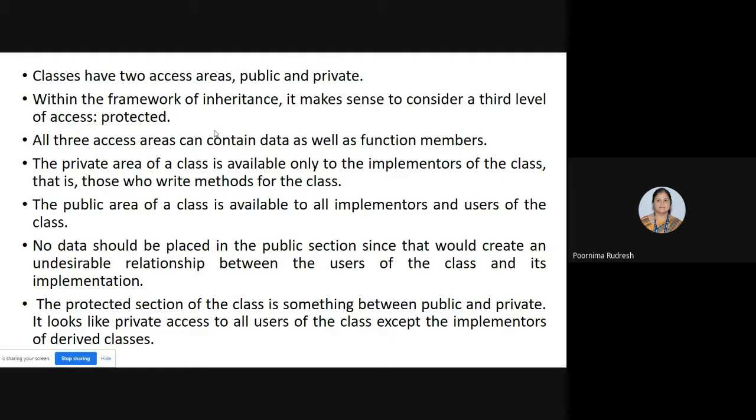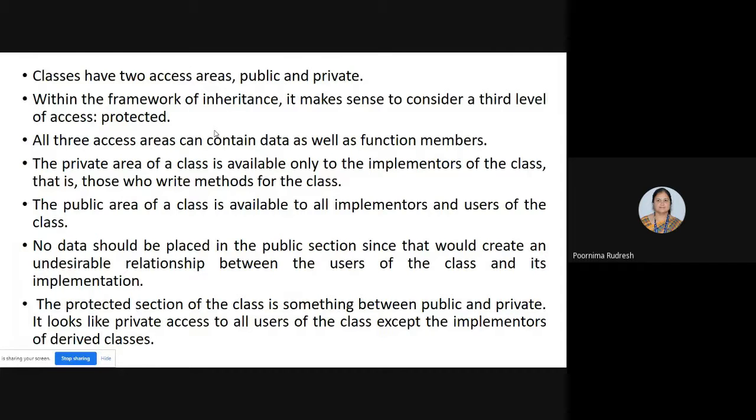Understood? But the public area is available for the implementers as well as for the users of the class. See the difference. The private area is available only for the implementers, whereas the public area is available for both the implementers and users of the class.